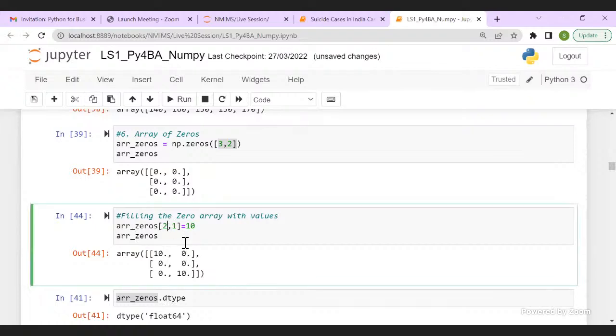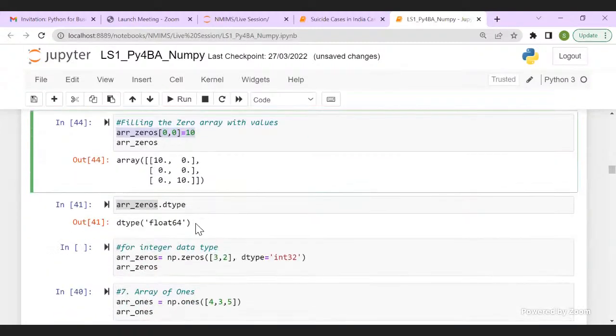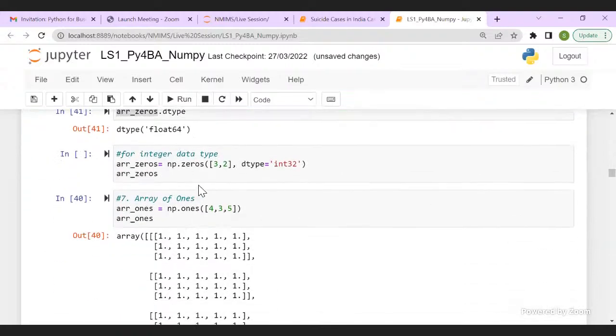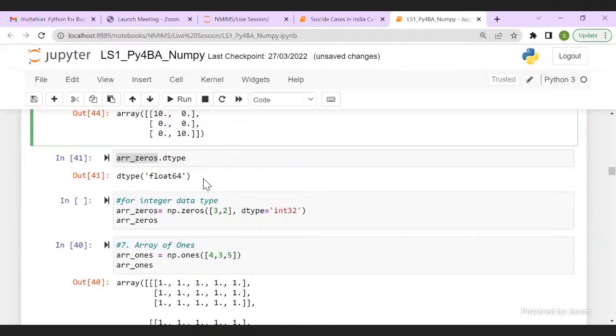So it depends on what you want to do and how you fill in your data, because that was a question asked last time. So I added this code. How do you fill in your data in your zeros and ones array? How do you do an assignment? Now the next thing: what if I don't want float data and I want to specifically do it for integer data?